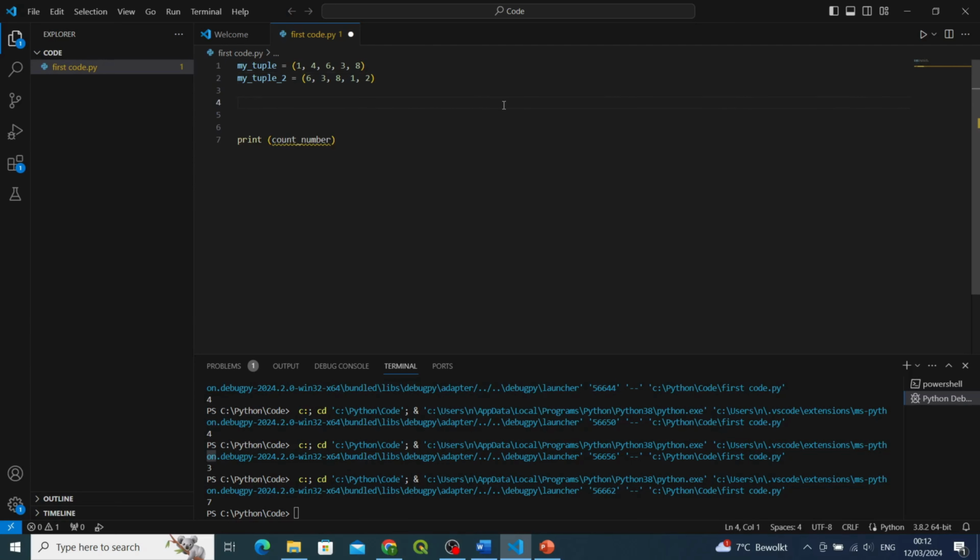And now I want to say my tuple new is equal to my tuple, and remember we use the plus operator for this one, my tuple 2. And now here I want to print out my tuple new. So the value of this operation, adding these two, would return a new tuple. It will not update the existing ones because tuples cannot be updated. So if I run this code, you see now it has created a new tuple with all these values